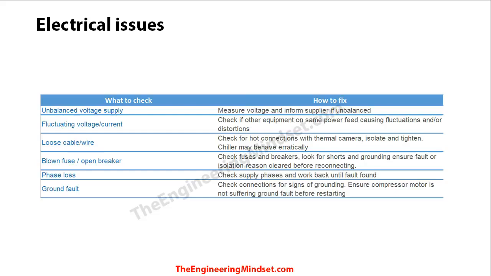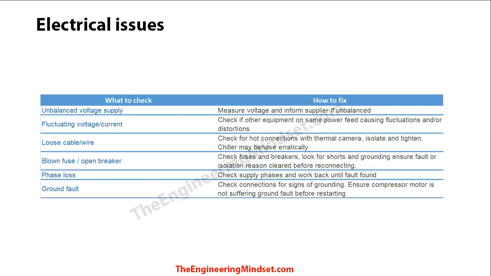So speak with your authorized person before doing so. Another issue which is slightly less common but possible is that you've got a phase loss. So if you've got a three-phase supply to the chiller, then one of the phases has been lost or broken or disconnected, etc. So do check that, because obviously the chiller will not start unless it's got proper electrical supply